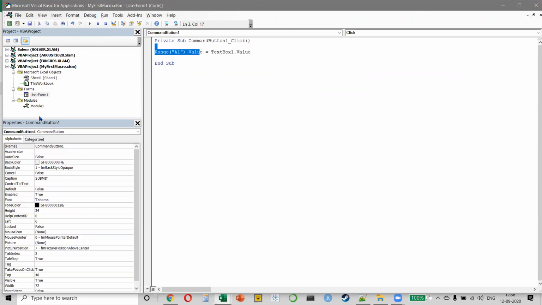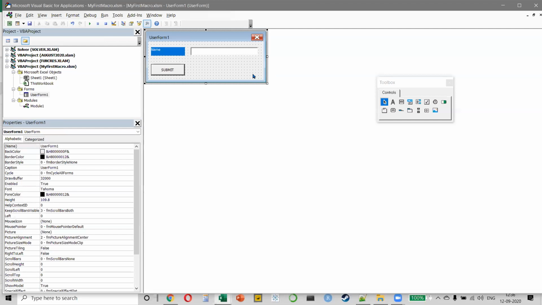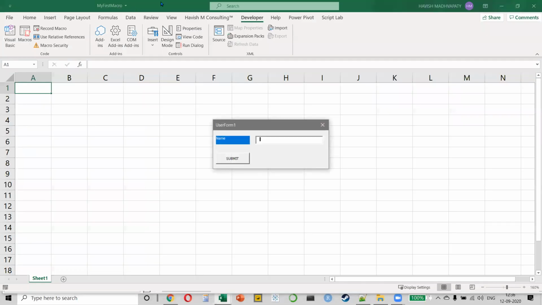Let's see how it works. I will run the form, so I can just click on this Run button here, F5. It will show me the form. Let me write Havish, and if I press Submit, the value will come in A1. That's how simple it is, right?